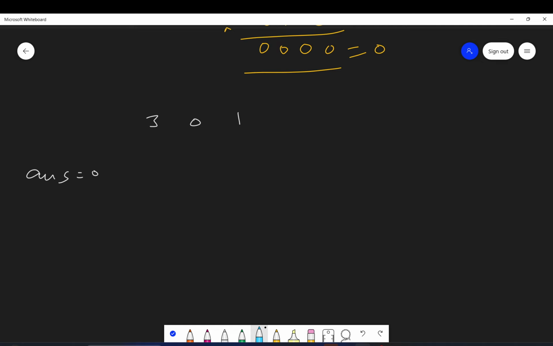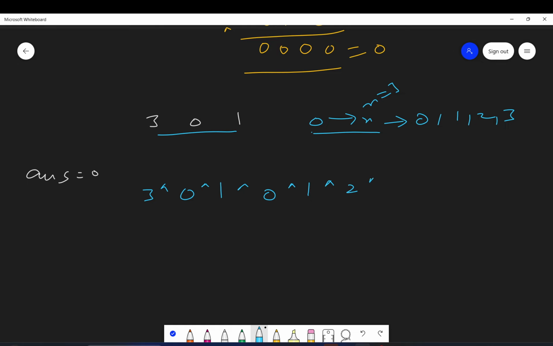Alright. Now what I will do, right? See, if I take a XOR of all these elements which are currently present, and I take a XOR with all the numbers which are expected, that is from 0 to n. The number n is here 3, right? So that is 0, 1, 2 and 3. Okay, if I do this thing, now remember I told you that if you take a number and XOR it with itself, you get 0. And if you XOR 0 with the number, you get the number itself.